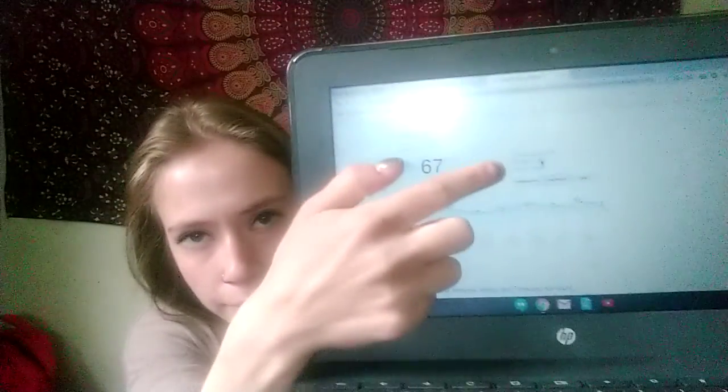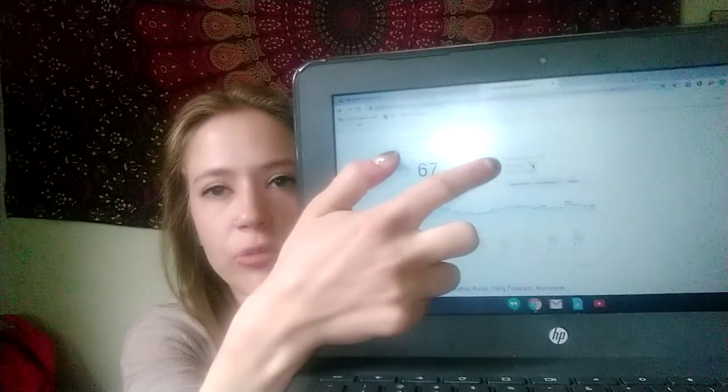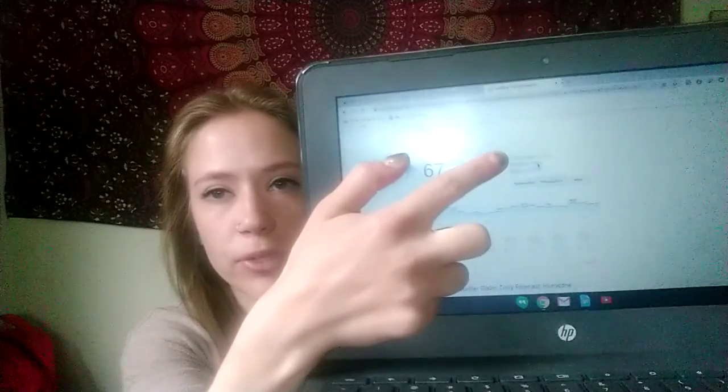So in order to find what average percentage chances of rain we're going to have today, we're going to look up here where it says precipitation, humidity, and wind. We're going to look up precipitation and see what percentage is next to the word precipitation.